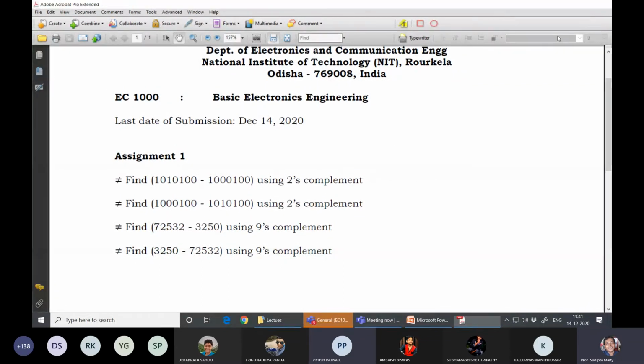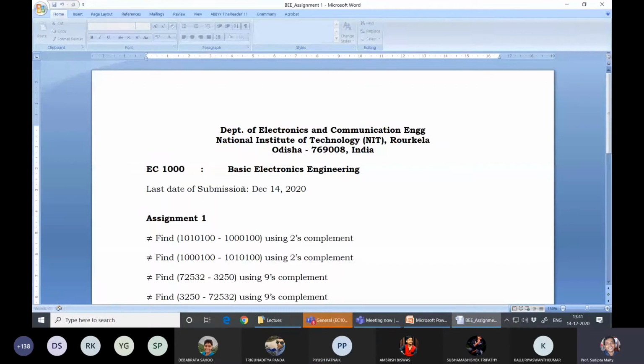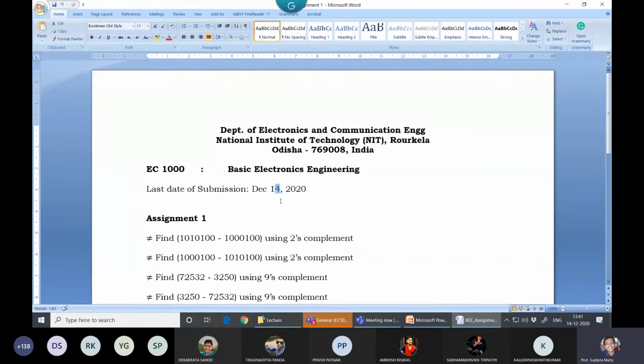Okay, I have to change the last date. So let's check this one. It is today, because I wanted to give that day, let it be 16. Yes, 16 will be better. Or 16 or 17, let it be 17. Give 17 and a little more time. What is your suggestion? 17 is more than enough, sir.